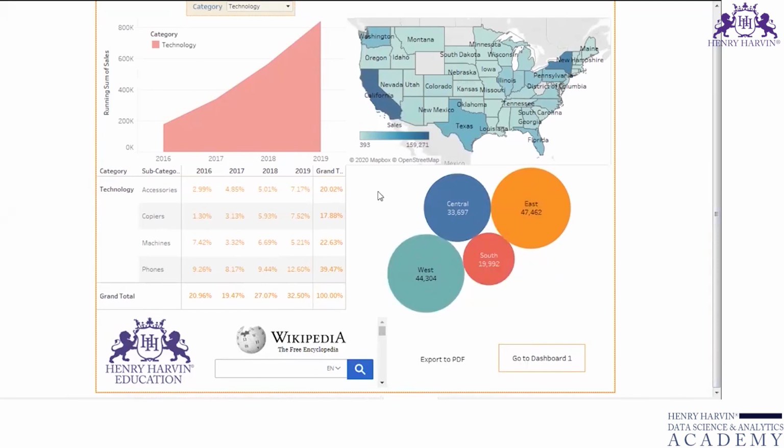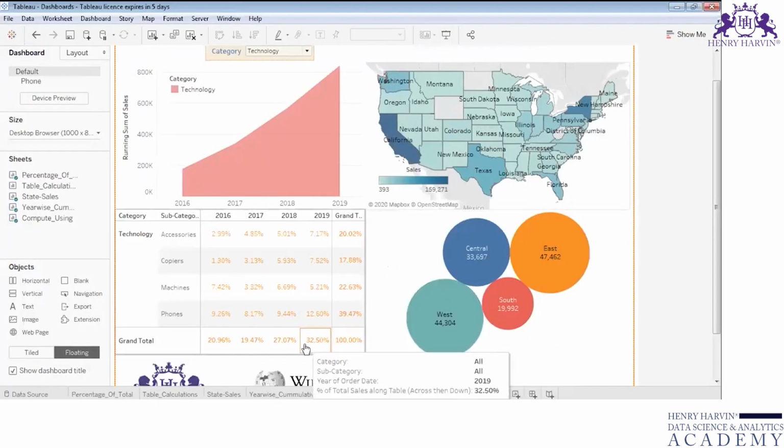That's why it doesn't come in the snapshot. It's just a link to the Wikipedia URL, so it is not there in our Tableau workbook. That's why Tableau is unable to take a snapshot of the Wikipedia web page URL over here. I'll press escape to move out of the presentation